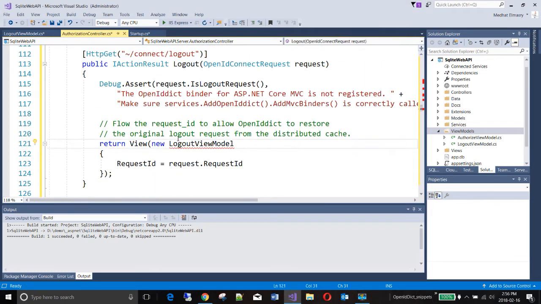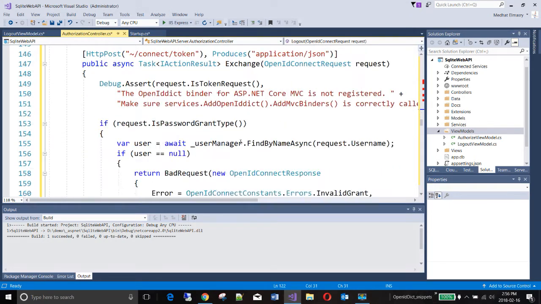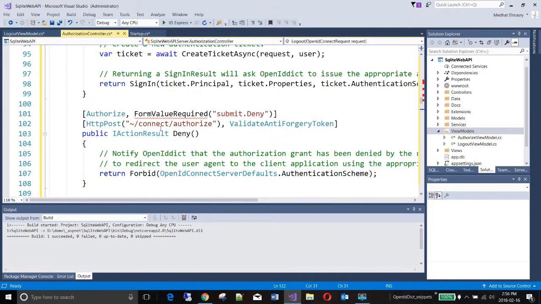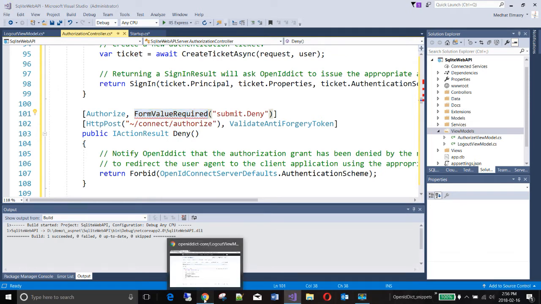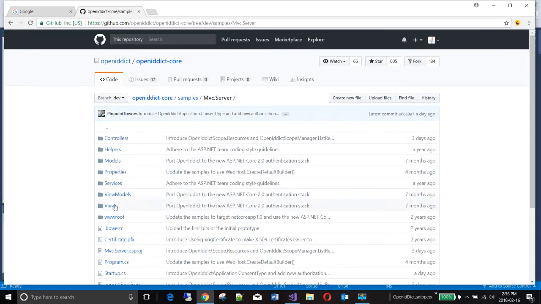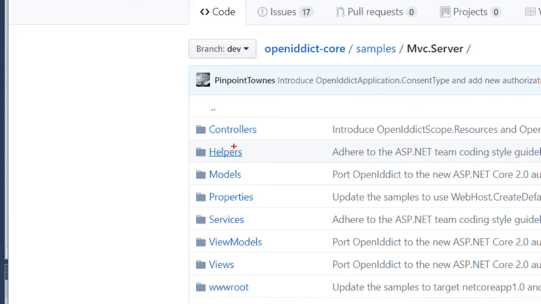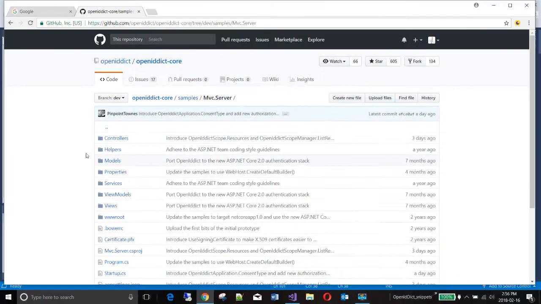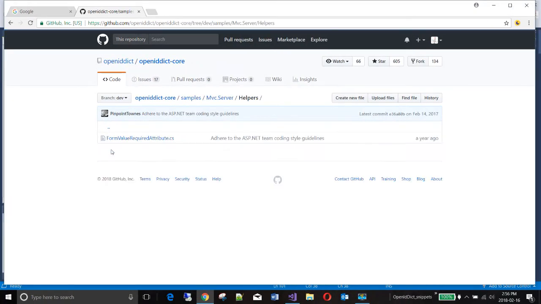Logout ViewModel, I can resolve this too. Now, what about this? Form value required. This is an attribute. I need to find the code for this from GitHub. I'll go back to GitHub, go to my main folder, and in my main folder under helpers, there is that class. Let me copy this,